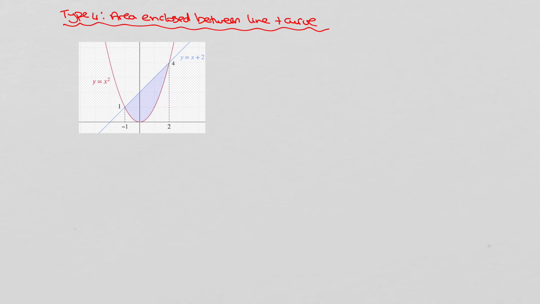So sometimes we can be asked to find the area enclosed between a line and a curve. So that basically means that where the curve and the line intersect, we end up with an area shaded off in blue here, and that's the area that we want to find. So the way in which we have to approach these questions is we look at the two functions as a separate entity, and the area of the shaded region then